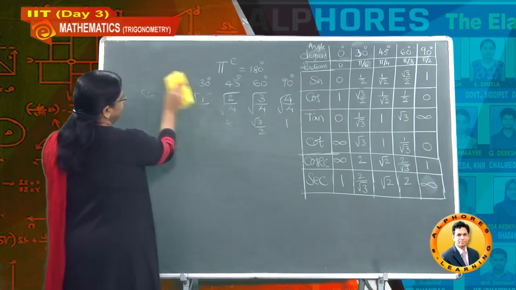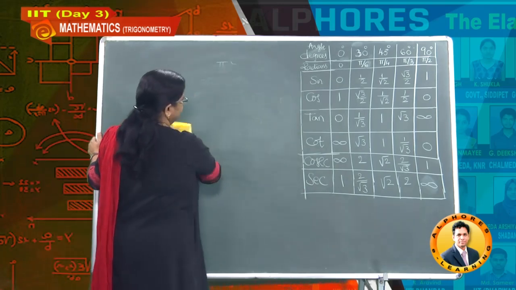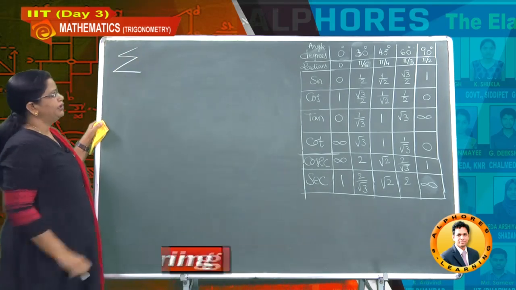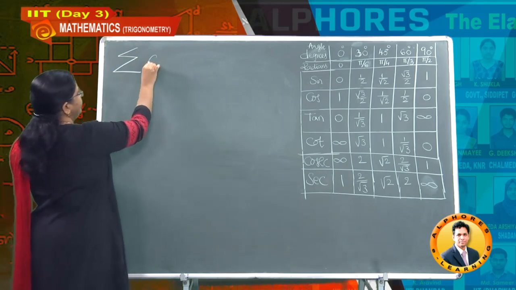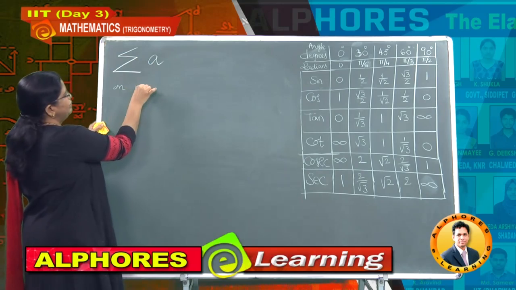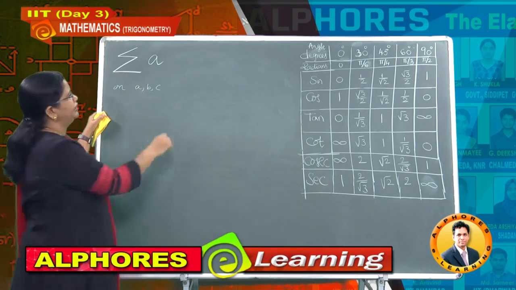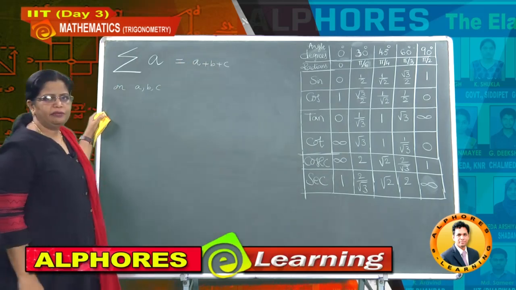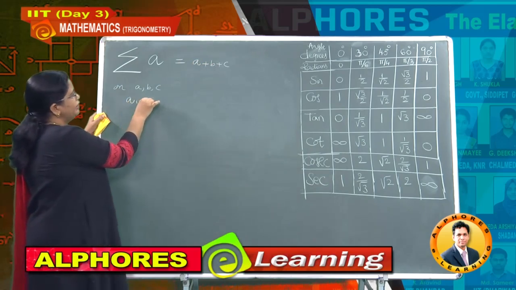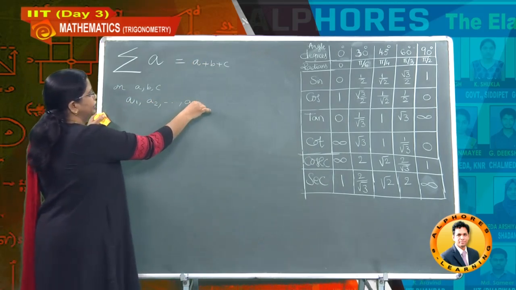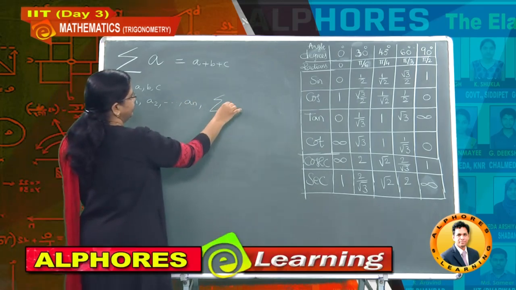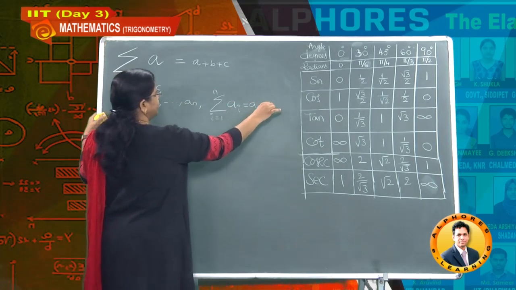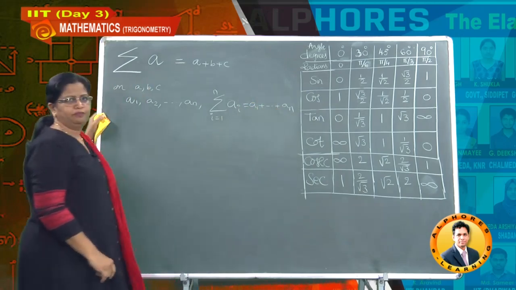And now let us have a glance at some formulae. Suppose sigma is a notation. This sigma notation, if I write it, is nothing but a on 3 values a comma b comma c, only on 3 values. Then sigma a is nothing but a plus b plus c. Suppose I am taking a finite number of values a1 comma a2 comma etc. an, then I will write sigma ai, where i is from 1 to n. Then this is nothing but a1 plus a2 plus etc. plus an. This is sigma ai.